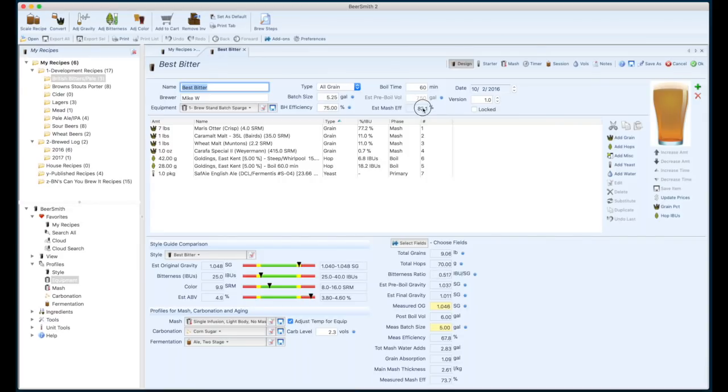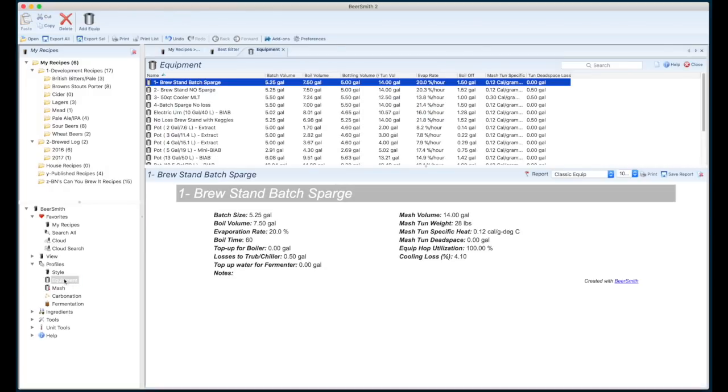So, as you can see, I can't change mash efficiency, but I can change Brewhouse efficiency. And what I'd rather be able to do is alter this. So if I can get this number to actually mirror this, then it means that no matter what I do in the recipe, I can change that here and be directly affecting the mash efficiency. So let me show you what I mean. If we go down here to equipment and we open up this equipment profile,